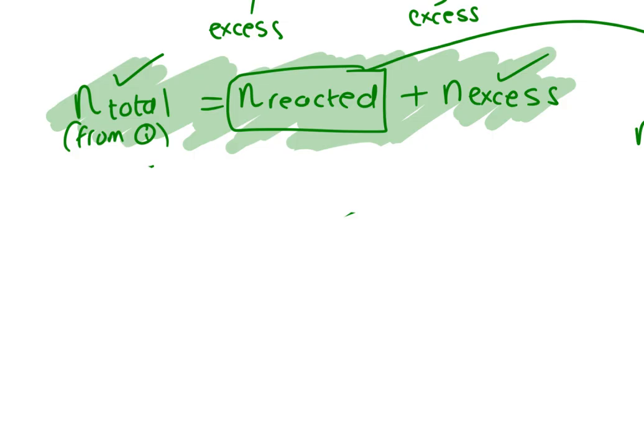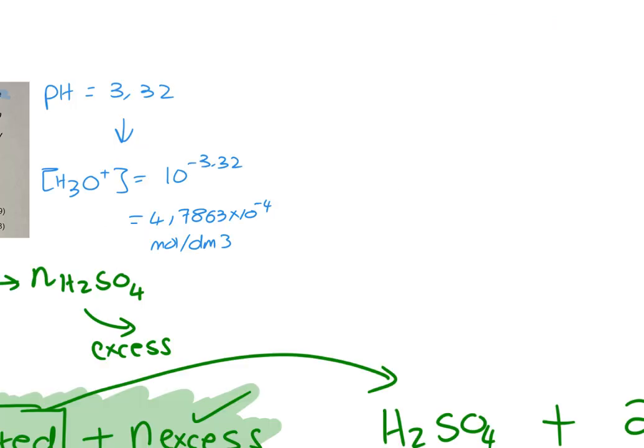So now if you look at the formula, we have that number, 2.7 times 10 to the minus 3, and that is equal to N reacted plus N excess. To calculate N excess, we're going to start back with our concentration of H3O+. Now that we have the concentration of H3O+, we must try to get the moles of H3O+, and we're going to say n equals CV, which is equal to